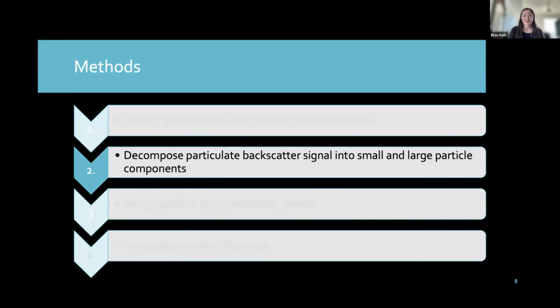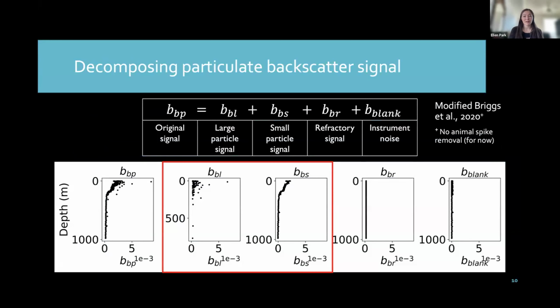Then these backscatter signals were decomposed into the large and small particle components. The way that we did this was following a modified version of the methods from Briggs et al. 2020, where you take the original signal, which you can see on the far left, and you can break it down into a large particle component, which is more of these spiky outliers, a small particle component, which is the smooth profile, and then a refractory signal, which is more of like the background signal, and then a blank, which